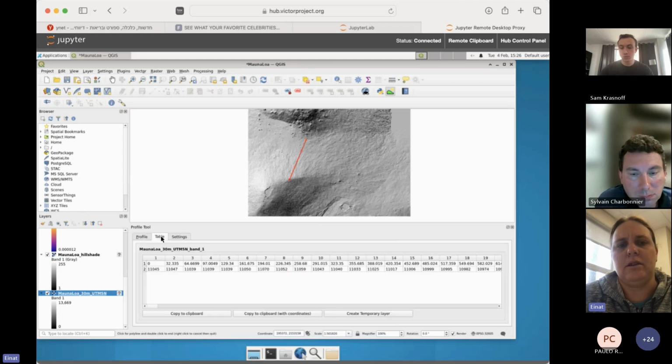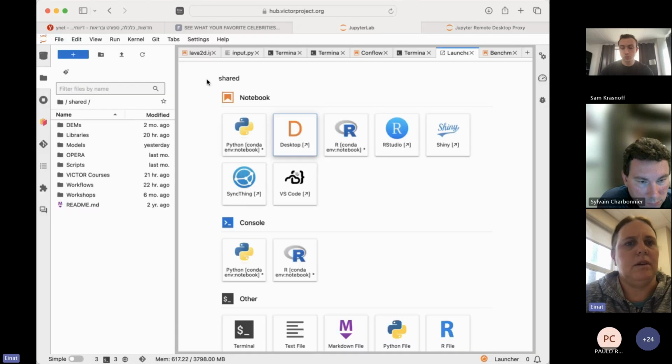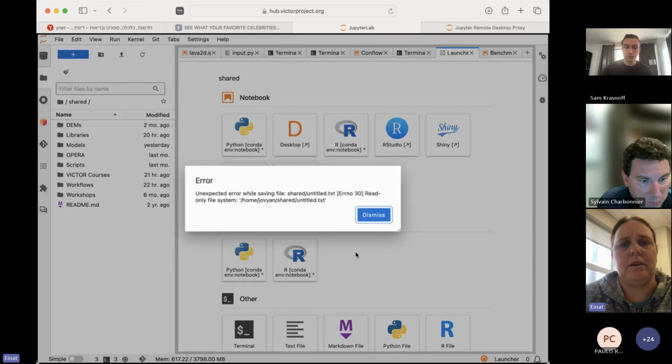And then you can see that data as a table, and then copy it to the clipboard with coordinates, which I think is the most useful, because otherwise it just gives you distance and height. And then if you go back, say to a text file,